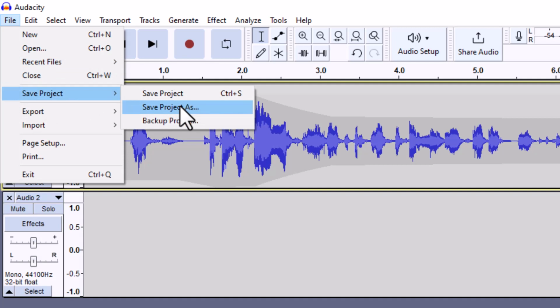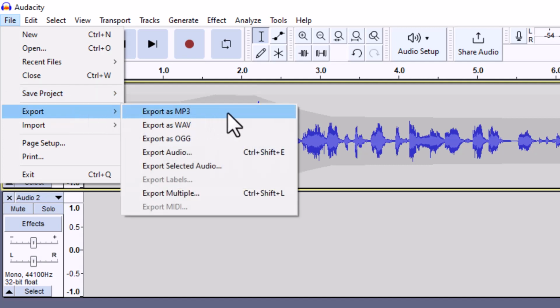If you are ready, like you have a finished podcast or finished recording, it's all edited and tidied up, you can go ahead and click on File and then Export. And you can choose any of these things to export it as. We always recommend, just in terms of size, to do MP3. You can always do it as like a WAV file, but we recommend MP3 just because it makes it a much smaller size and there's very, very little loss in quality, if at all. It won't be noticeable, especially for something like a podcast.